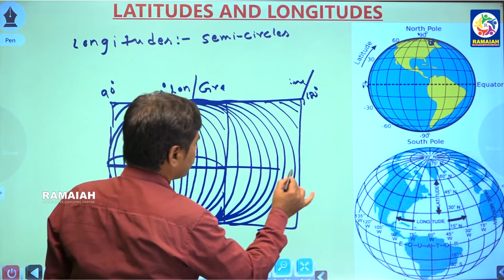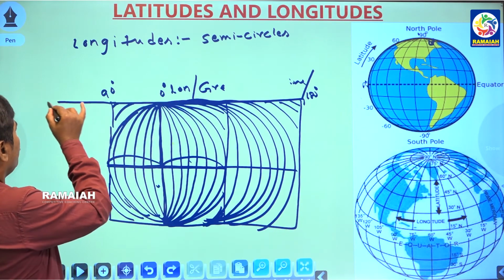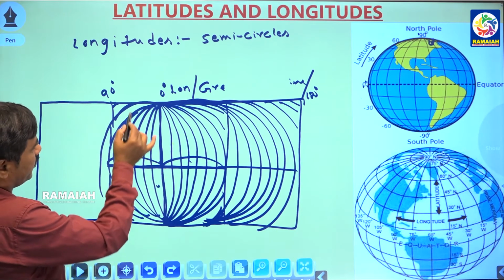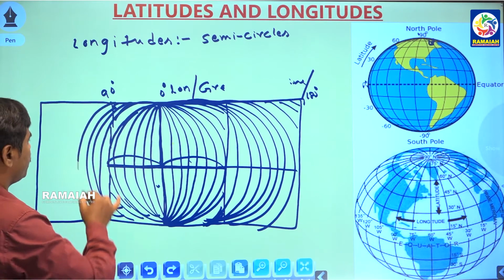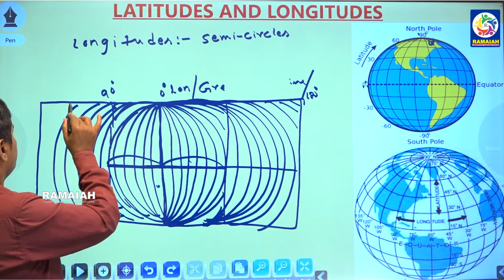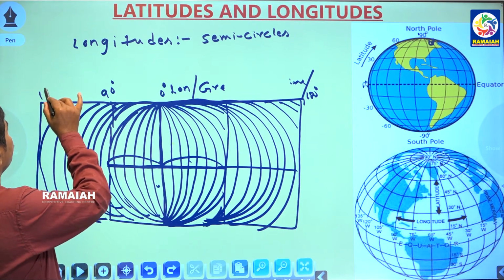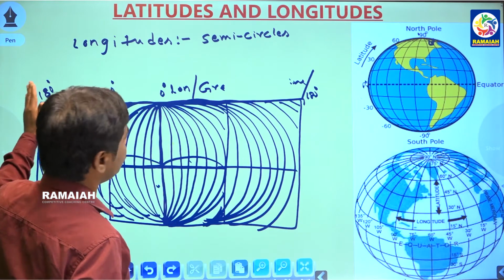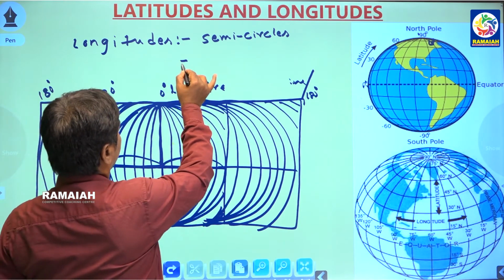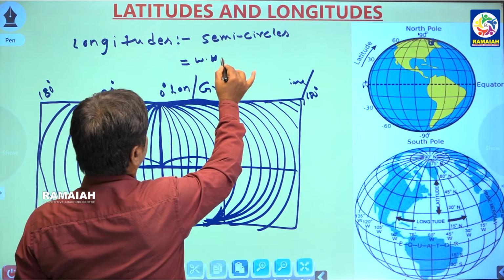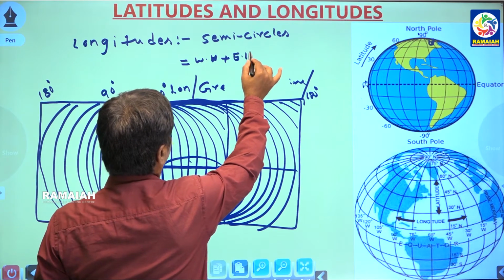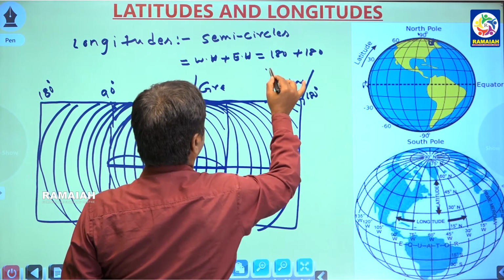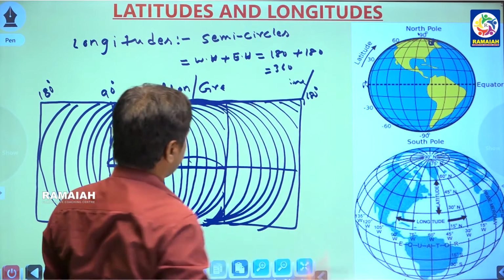So this is the equator. Now the western part of the 180, and the eastern side. On this side also, the back side 90, you have to take on the western side like this. So now 180. On the western side 180, on the eastern side 180. On the earth surface, western hemisphere 180, eastern hemisphere 180. Total 180 plus 180, there are 360 longitudes on the earth surface.